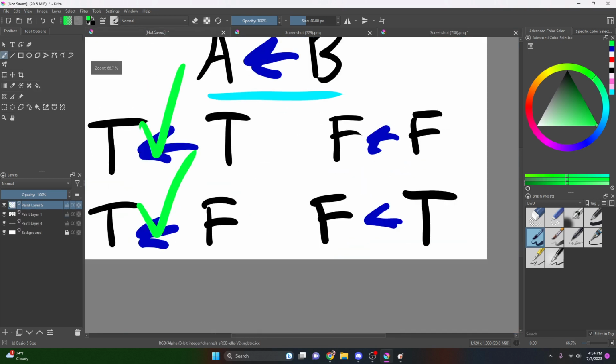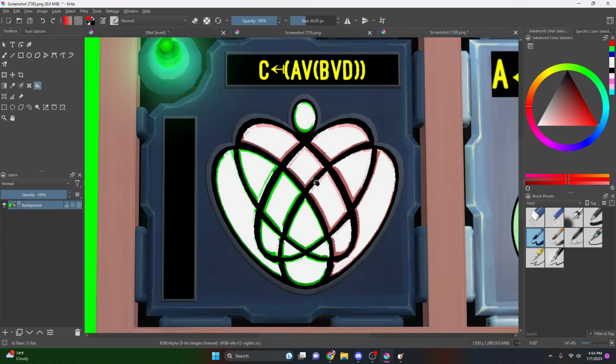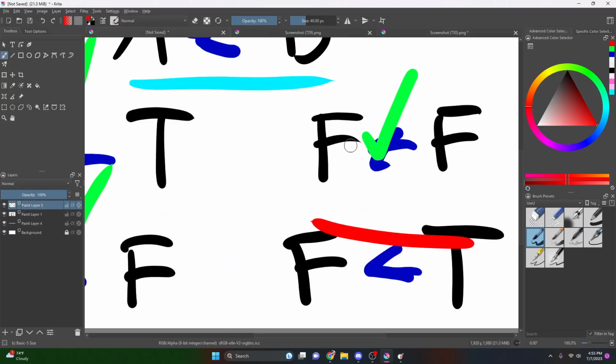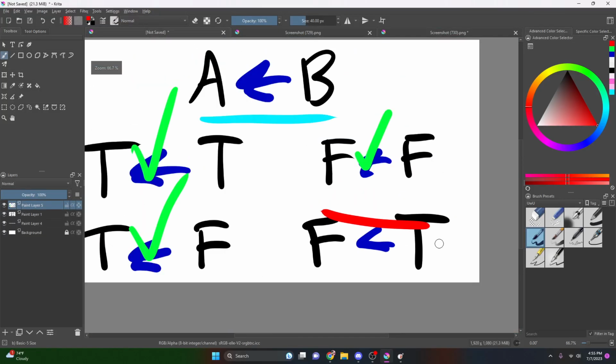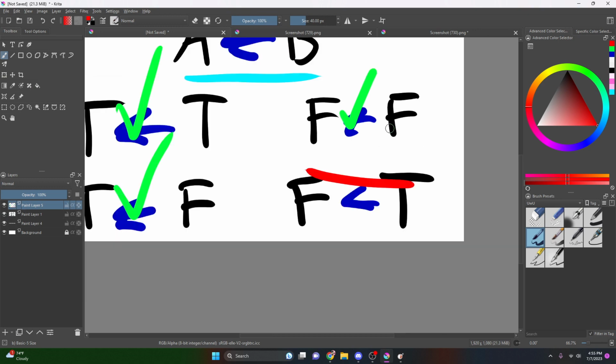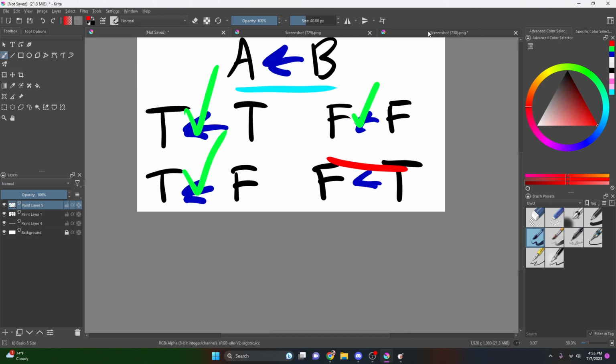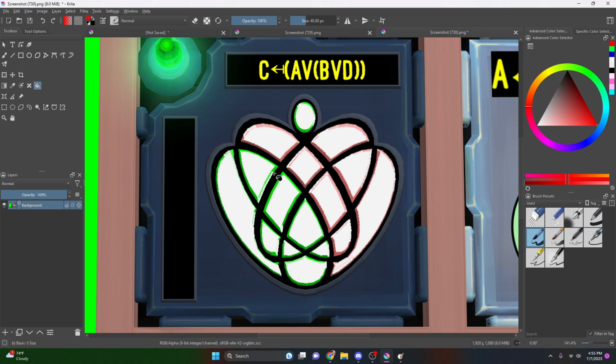And then the next step was to figure out this answer and ignore this answer, because we are trying to figure out all the ones where Charlie is false now. So I didn't need to care what the left side was. I just needed to care what the right side was, which was false. I just needed to figure out what the right side was to equate to false. And so here